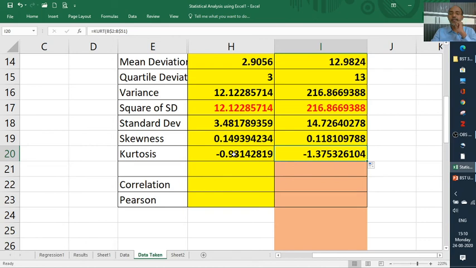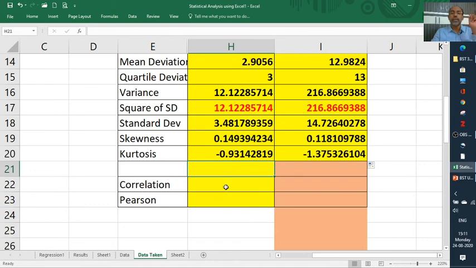Since it is less than 3, which is normal, it is platykurtic. It is also platykurtic. So this is with regard to the kurtosis.